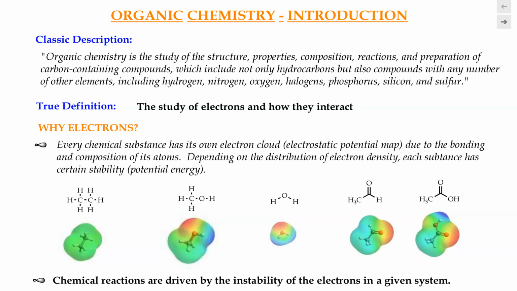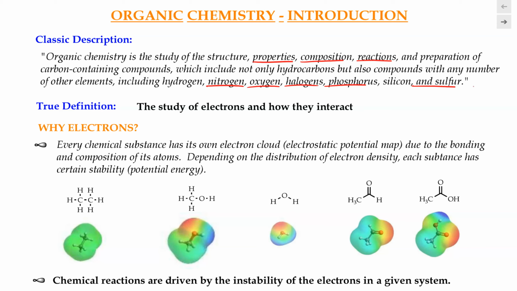Here is a very basic and classic definition of the field of organic chemistry. It is the study of structure, property, composition, reaction, and preparation of hydrocarbons, and sometimes there can also be another element in it, including nitrogen, oxygen, halogen, phosphorus, and so forth. So that's what we will be covering in organic chemistry, the study and the preparation of these